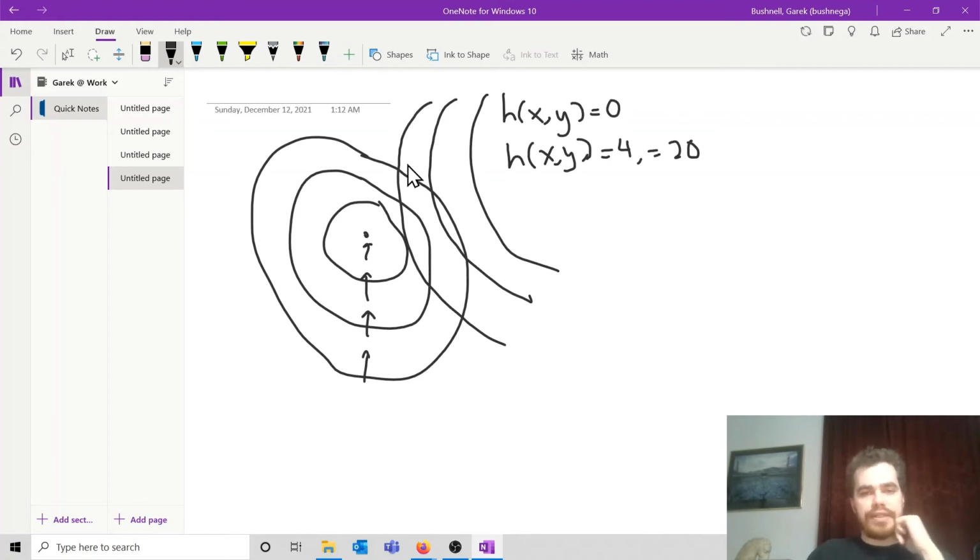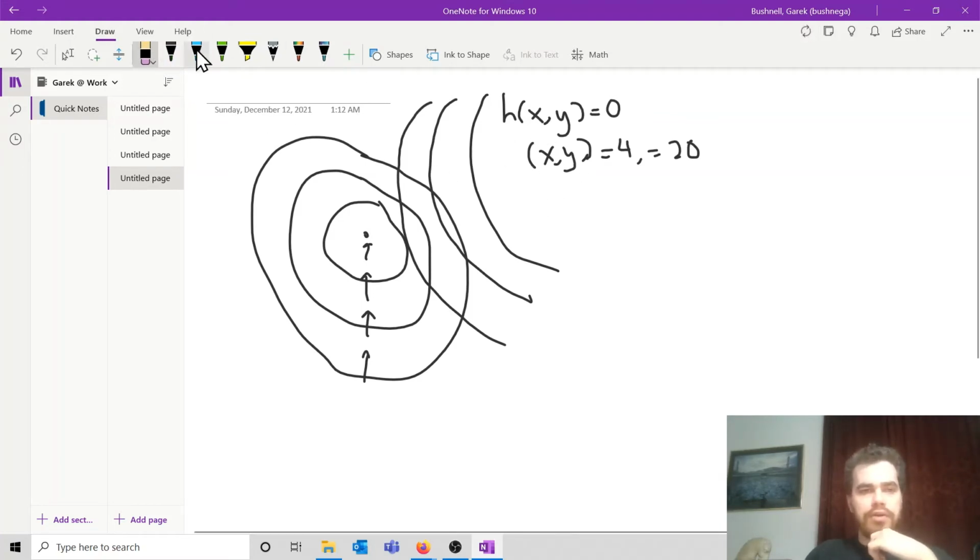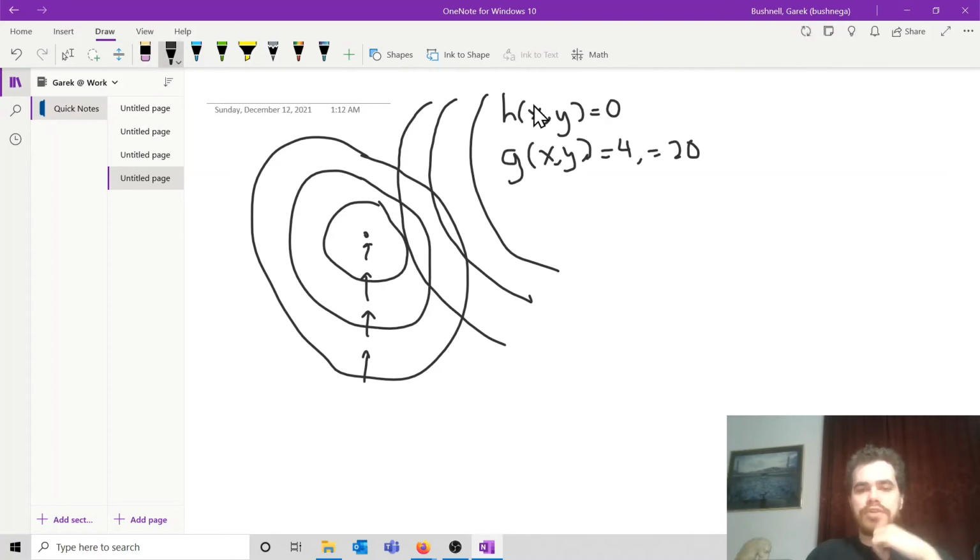And so yes, this line is one family of lines, and that together make a surface. And if you were to take the gradient of this function, actually, it would be more proper to call this function g, with h representing the specific instance where all this stuff is equal to 0, and g representing the more broad family of curves. So the gradient of this surface is going to point,